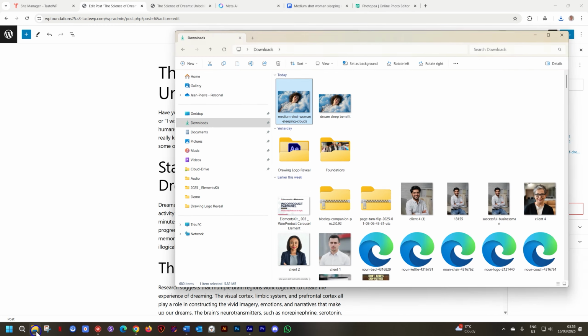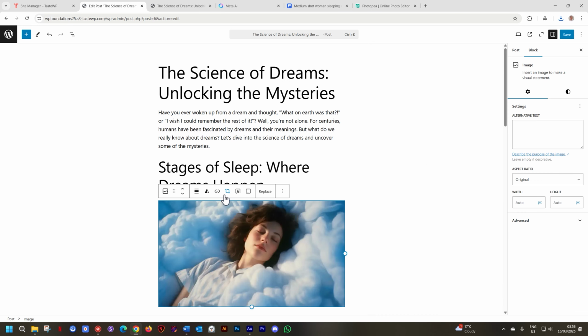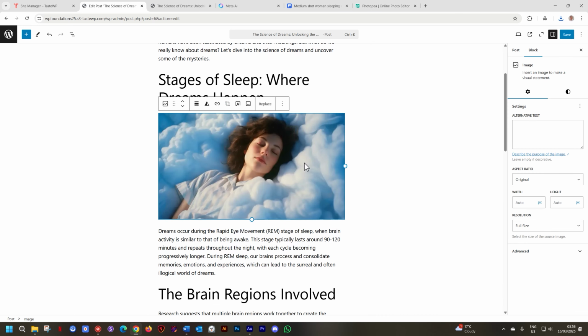Let's go to our Explorer. Open your Explorer or your Finder, and you see this is the one that we've created. 14 kilobytes. Click and hold, and drag it. And as you drag it over to WordPress, you see that you get that blue line that appears there, and it shows you where you can bring in this image. And I want to put it here and let go. And look at that. It brought in the image, and if you click on it, it's already selected. You will see all the way to the left, the icon is that of an image. This is one way you can bring in an image.